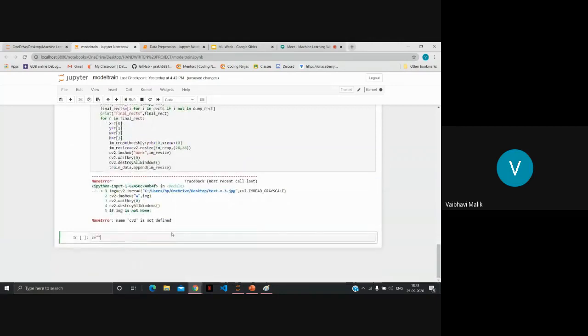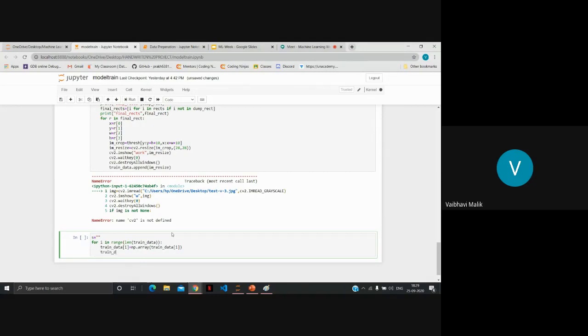S will be an empty string initially. Then in the length of training data we will loop, and for every training data item we will convert it into an NP array, as while fitting the model we used the NumPy array.